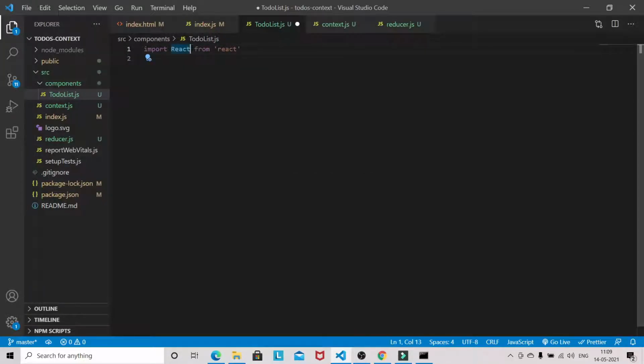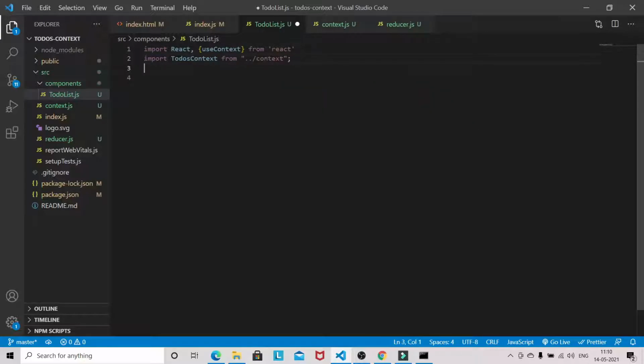Okay, so to access the context value we will be using useContext, and we also need to-do context from context.